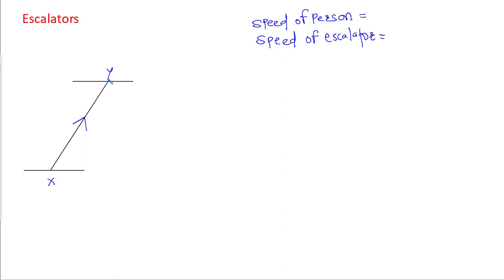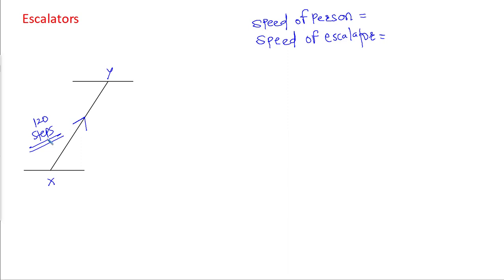Let's say when this escalator is switched off, how many steps are visible to us? Let's say a total of 120 steps are visible to us. Everyone, when the escalator is switched off, how many steps are visible to us? Total 120 steps. So we can say that there are a total of 120 steps on this escalator.